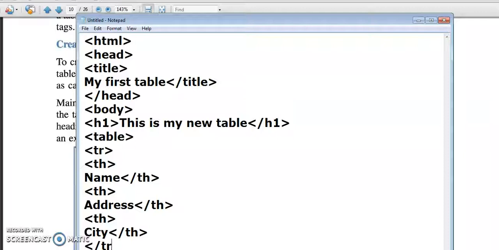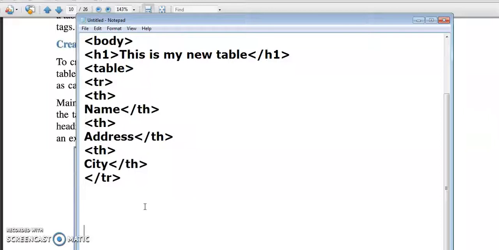Our first row is complete. Now we will start the second row. I hope you are able to see this coding. Now we will start TR.